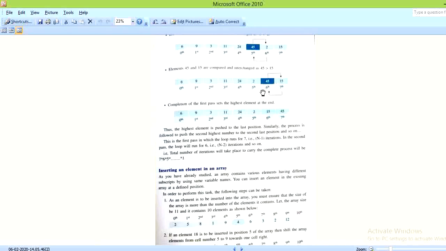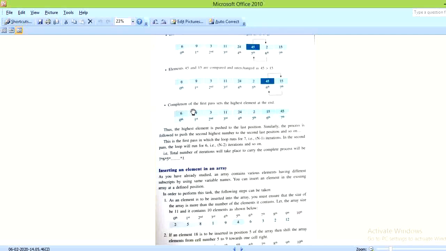They will interchange their position. Whatever is the largest element in the array, in the first pass it will come to the last index position in bubble sort. The same process will repeat again and again until all the elements are arranged in the array in bubble sort.